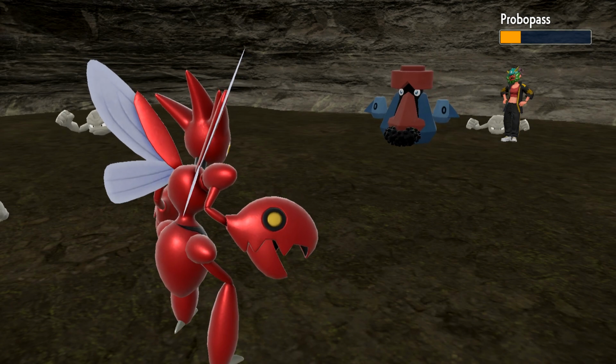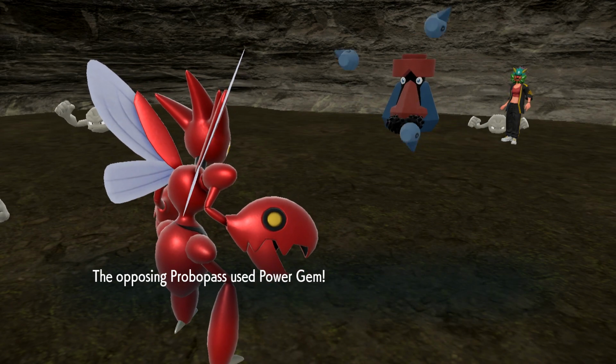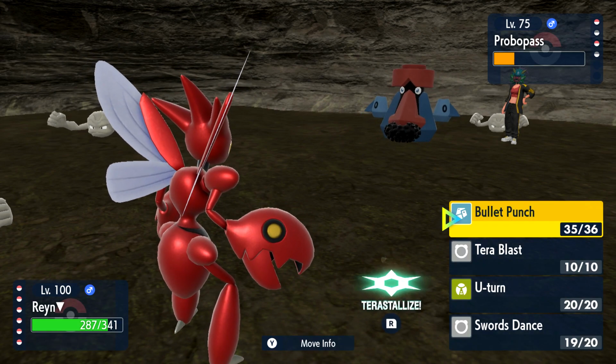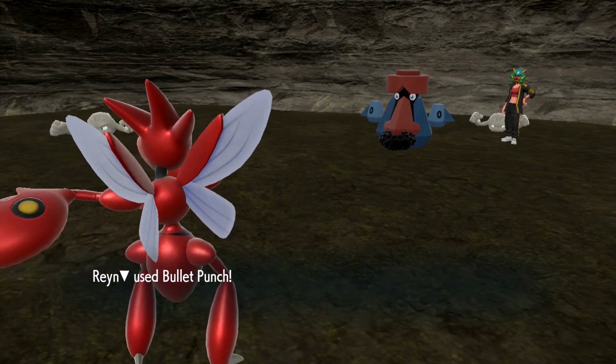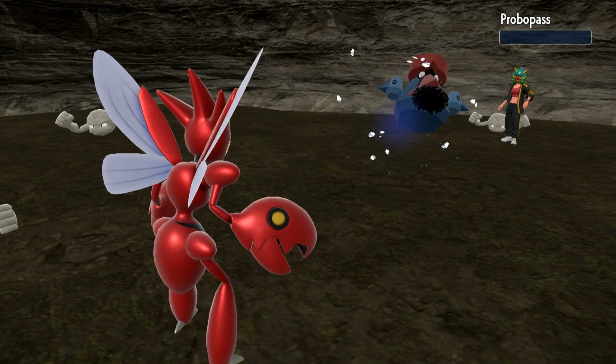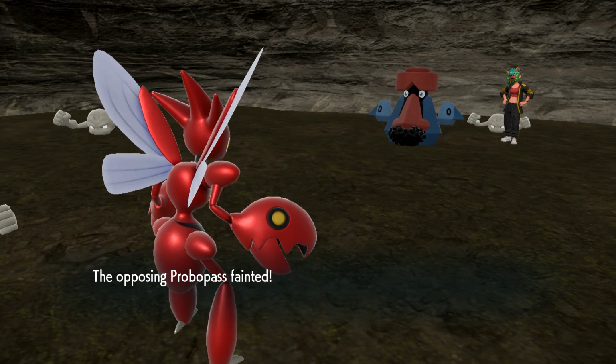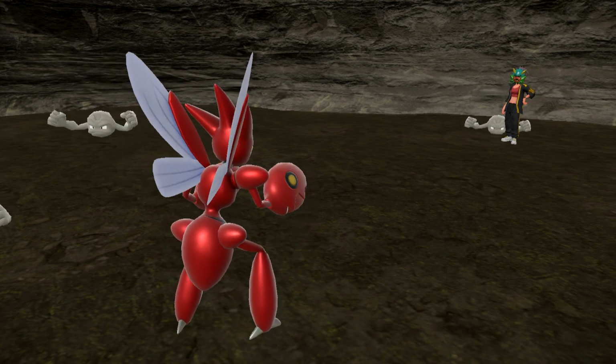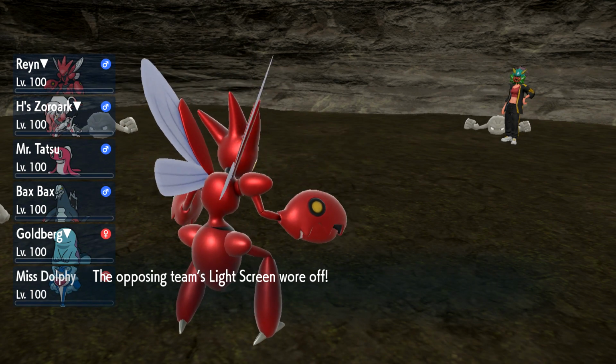Anyway, this might KO you. Ooh, nope, you are more defensive than I recall. And that'll deal neutral damage to me. No worries, Ryan, you got this. Bullet Punch it once more! Yeah, Bullet Punch and Scizor go hand in hand. Having a Bullet Punch Scizor is just part of the way of life. Having a Scizor without Bullet Punch, I don't know. It's like going...